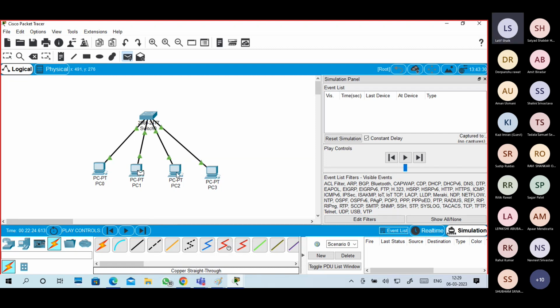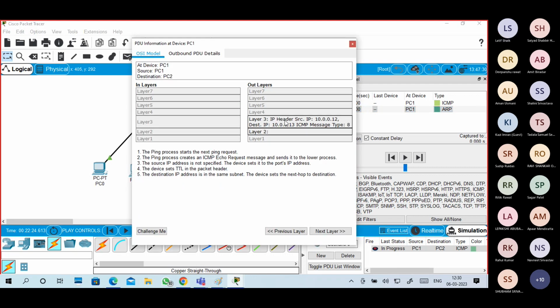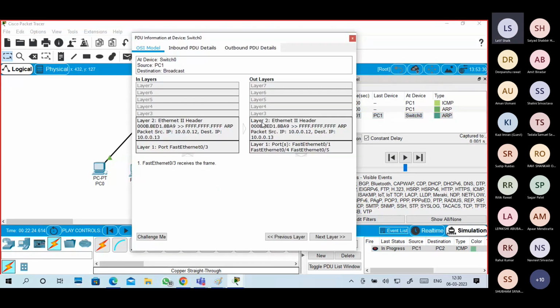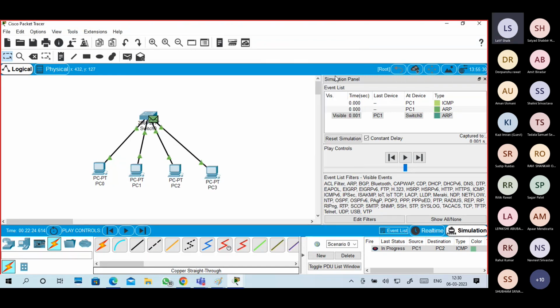From this PC to this PC, we are sending a packet from here to here, with source IP, destination IP, layer 3 protocol. Packet sent. So what does the packet contain? It shows source IP, destination IP, but still it does not know this MAC address.